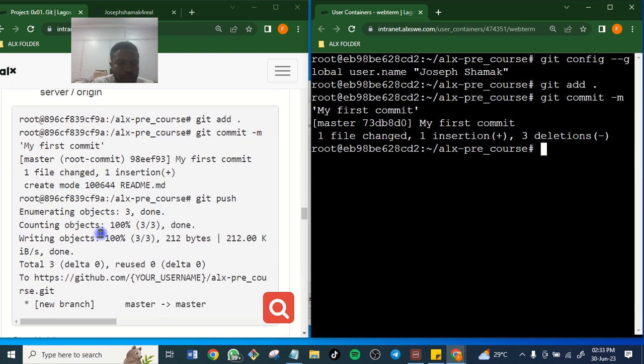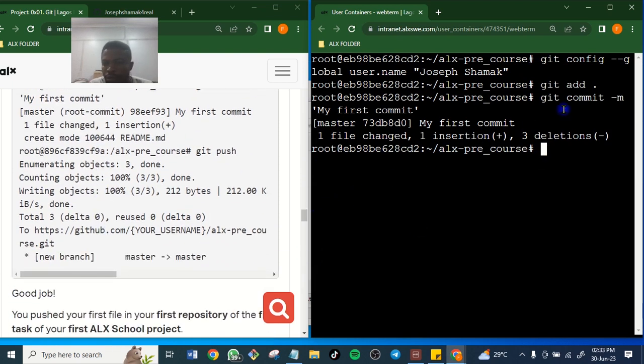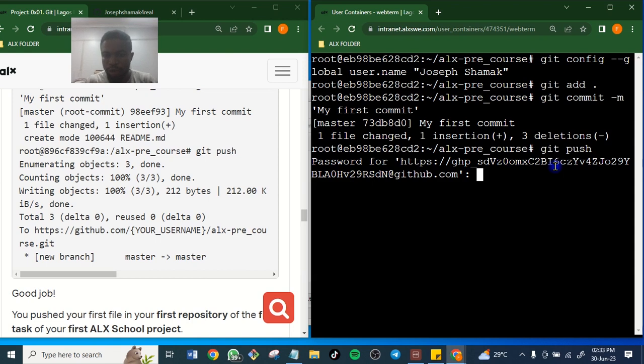So let's git push. You now git push. I will need to add a password here, and if it is asking for it, then that means you have to use your token. Okay, so I'm going to use my token here.